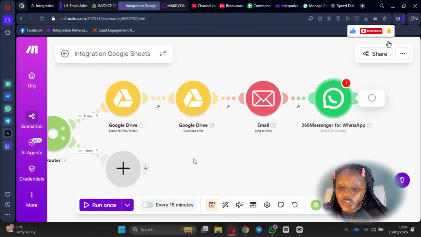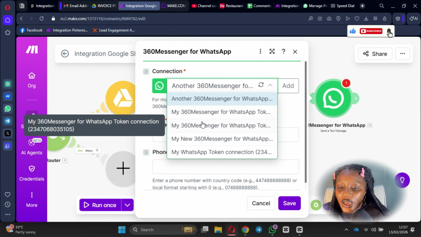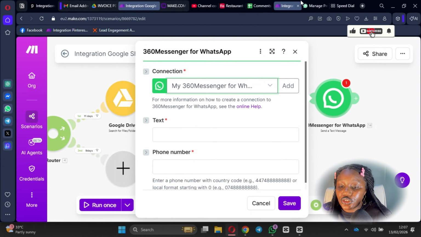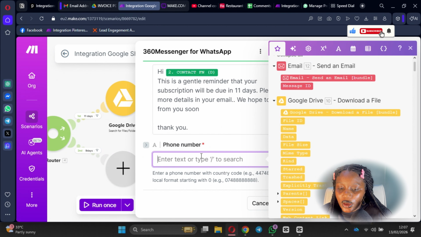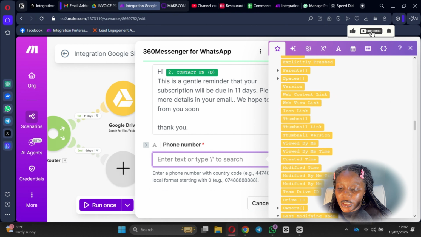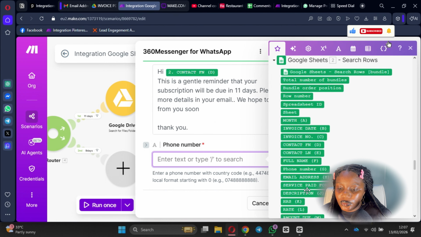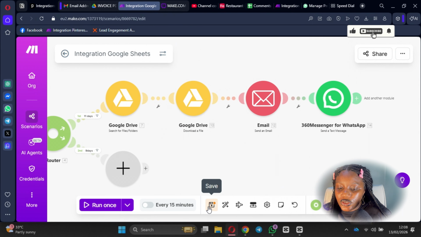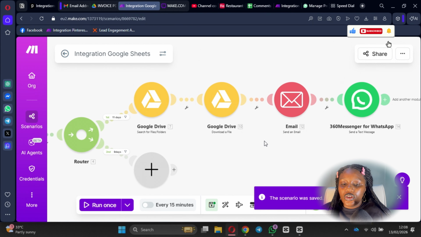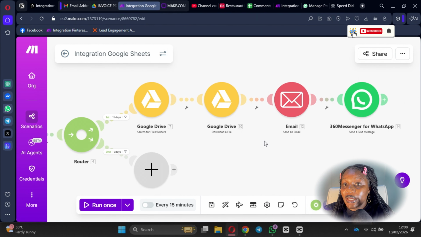So you're going to send a text message. If you don't know how to establish your WhatsApp connection, I have a video on that, and I'm going to link it in my description. So the phone number here is going to be this. Of course, your connection has to be right. So we save this. For the 9 days route, you can completely duplicate the first route that runs for 11 days